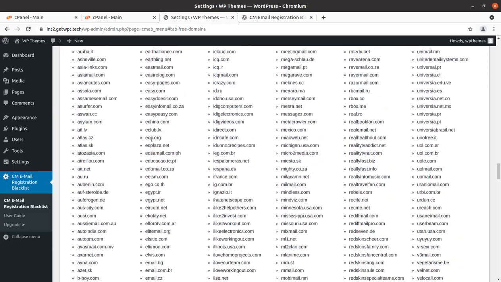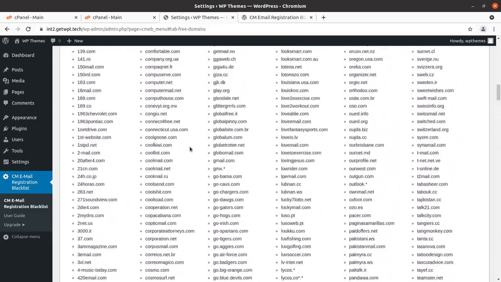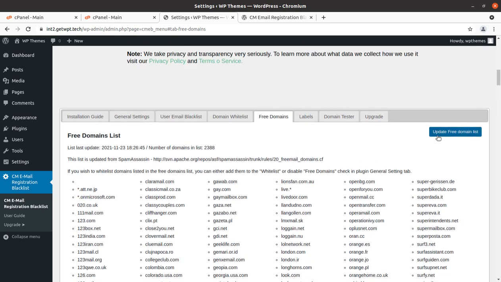So this is the free version, and we already have the free domain list here, and we can add any particular domain from here to the whitelist. In case we add this domain to the whitelist, it will be allowed. By default it is restricted. And okay, so update domain list, free domain list. We cannot update this domain list because it is the free version.